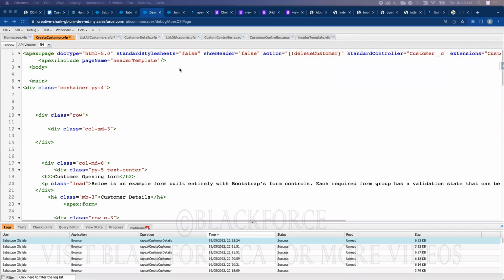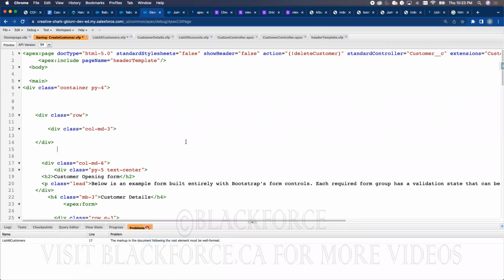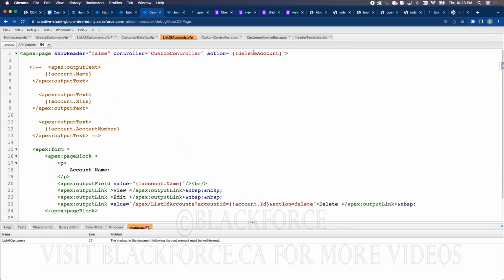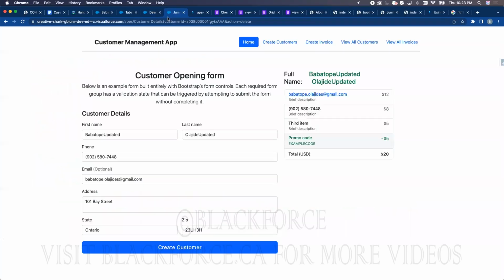You're in charge of the activities, because once you click on delete, it should be able to delete that operation according to what we had yesterday. Okay? According to what we have yesterday, we should be able to delete accounts, delete stuff. Okay? So now if you go back here,